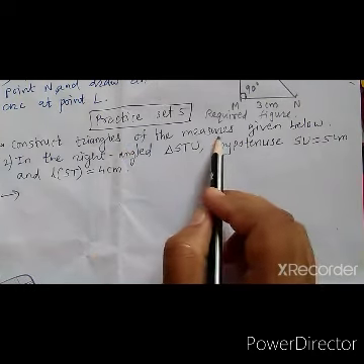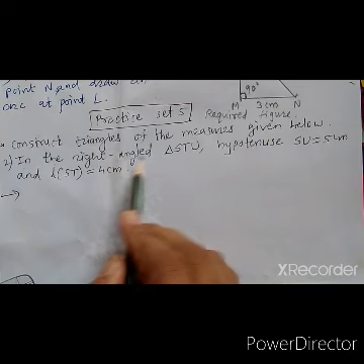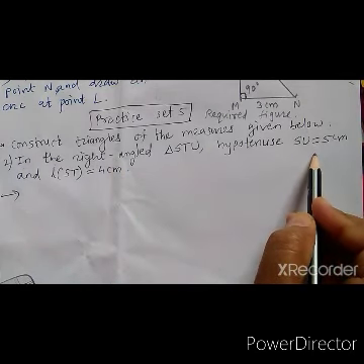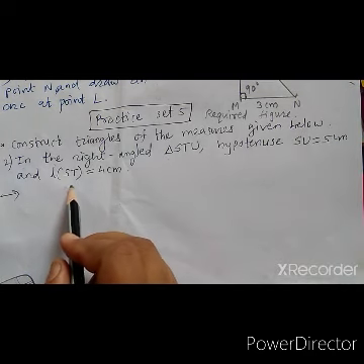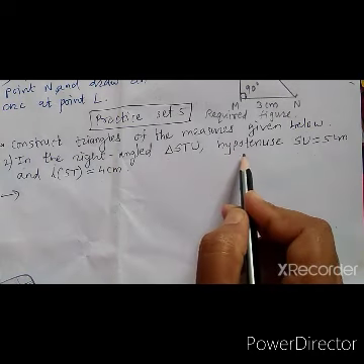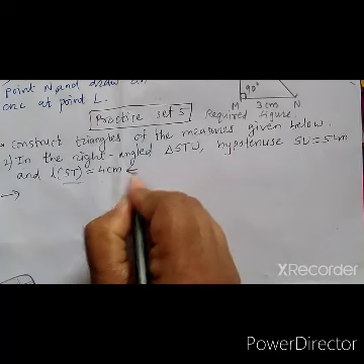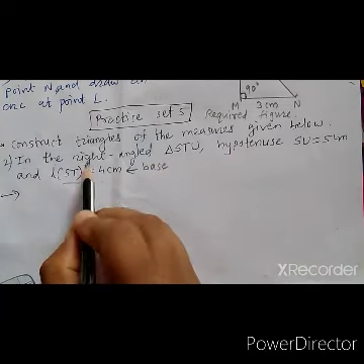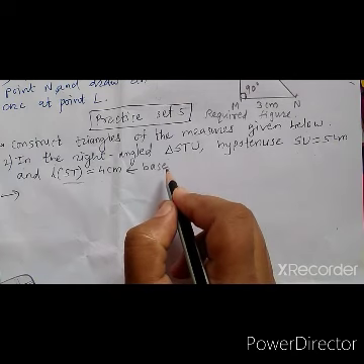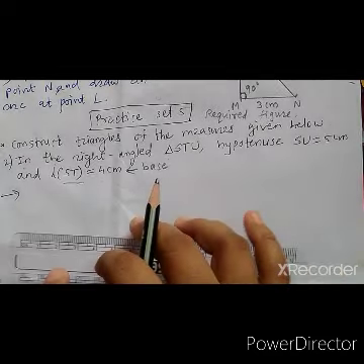Let us see the question. Construct triangles of the measures given below. Let us see example number 2. In the right angle triangle STU, hypotenuse SU is equal to 5 centimeters and length of ST is equal to 4 centimeters. So here we have hypotenuse and base. Length of ST means base is given, and right angle triangle is given. It means that one angle is 90 degrees. So first we have to draw a rough figure.